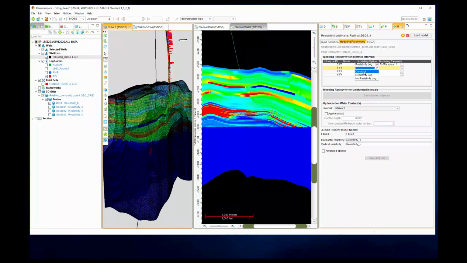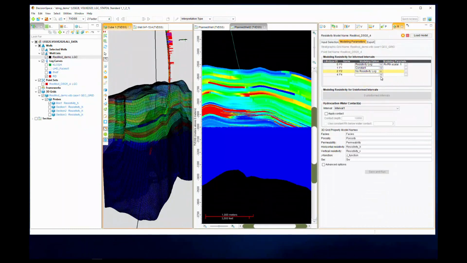The other options are constant, where you can set a constant for the resistivity in a specific phase, or you can choose the no resistivity log option, where you can select the parameters,